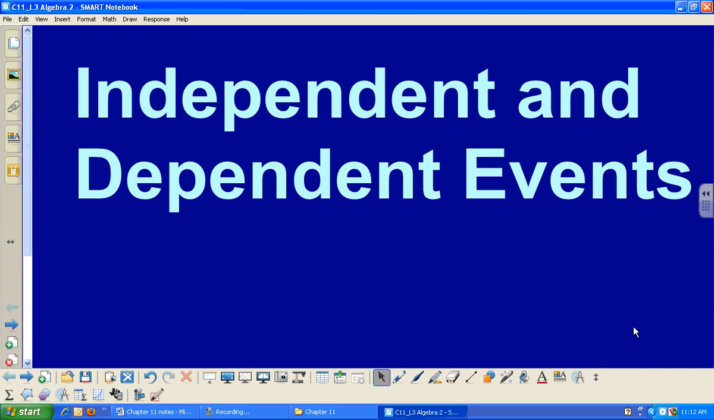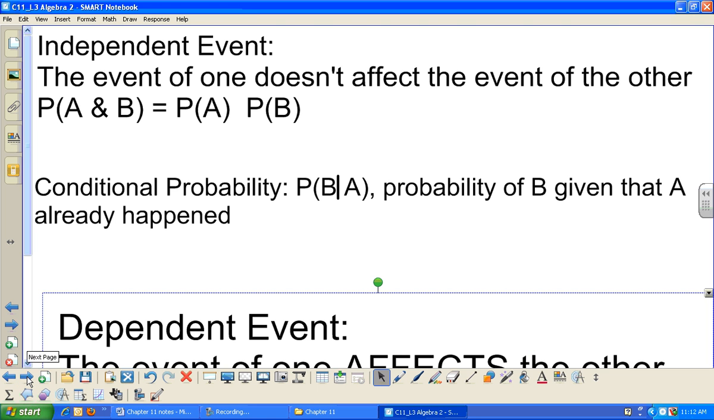Independent and dependent events. An independent event is where one event does not affect the other. That would be if I had one dice, I pick it up, roll a number, pick it up again and roll a number. Or if I'm flipping a coin. Whenever I have independent events, I always multiply the two